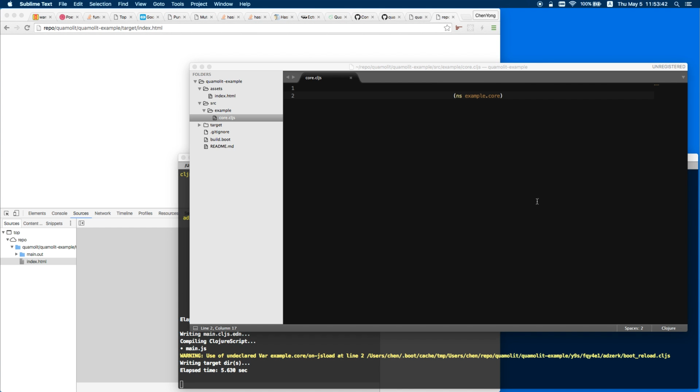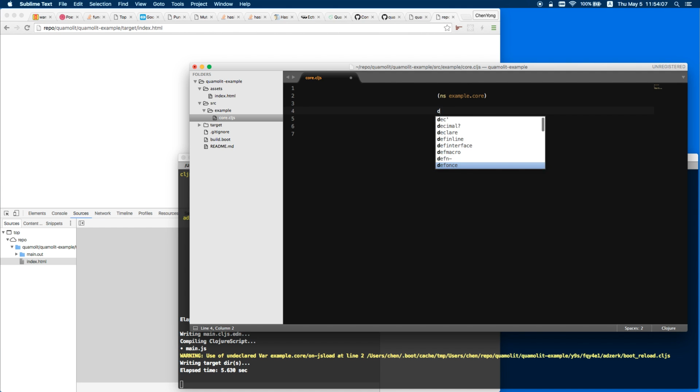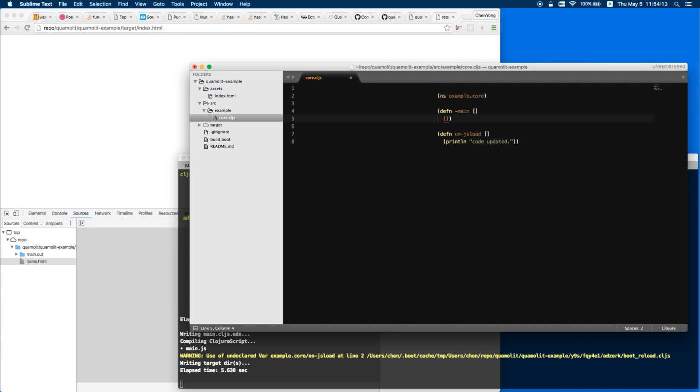And this load is undefined. Just load and print line. Code updated. Define main function and enable console print line app